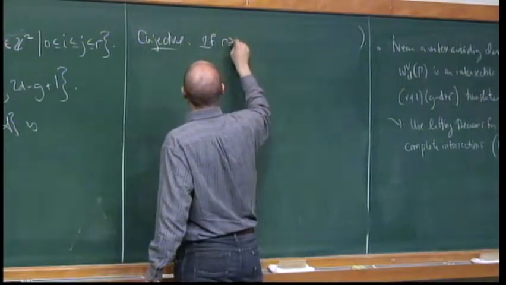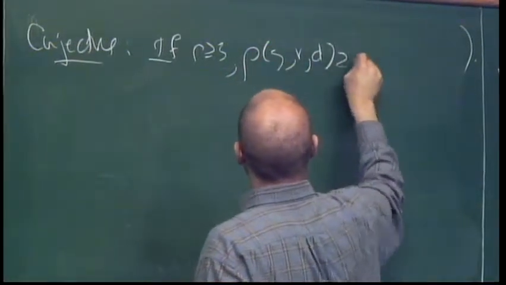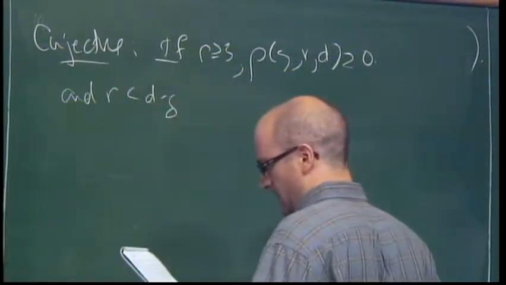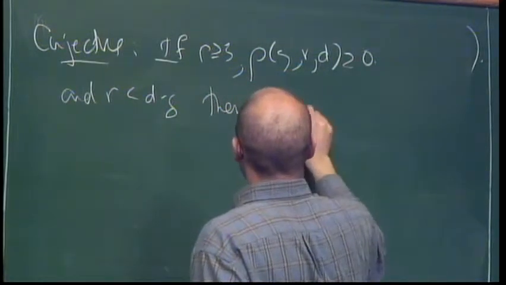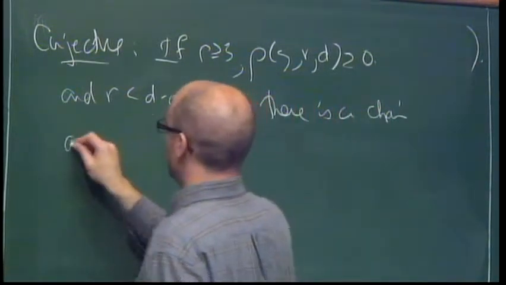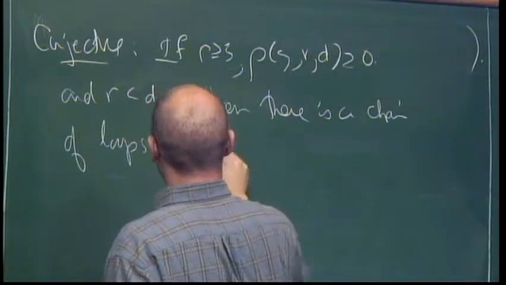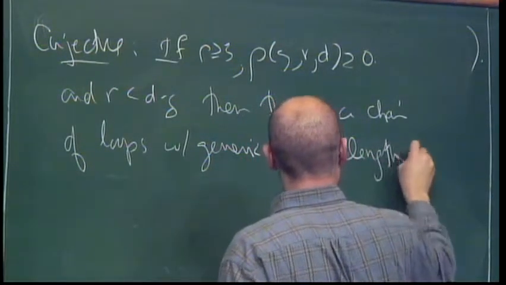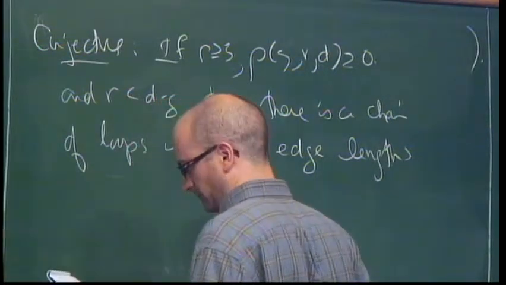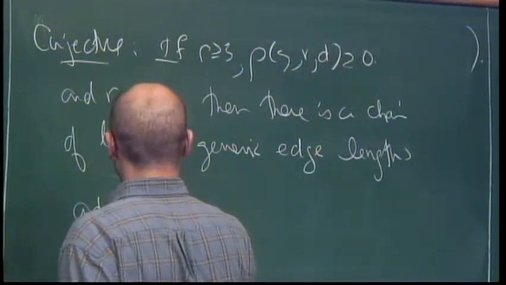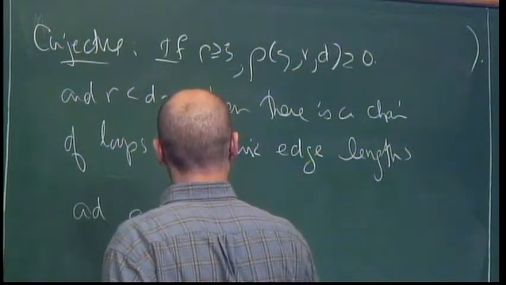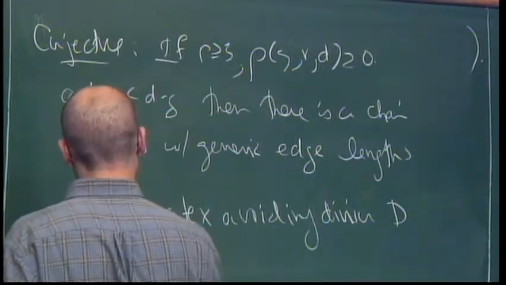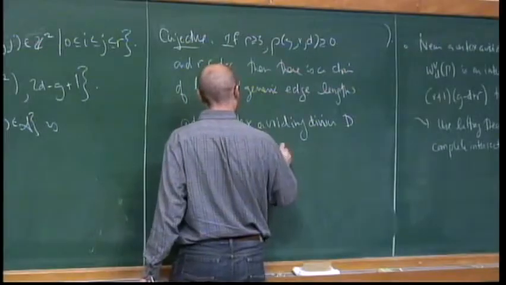If r is at least 3, rho of g, r, d is at least 0, and r is less than d minus g, then there is a chain of loops with generic edge length, so sufficiently general for the Petri condition to hold, and a vertex avoiding divisor D of degree d and rank r